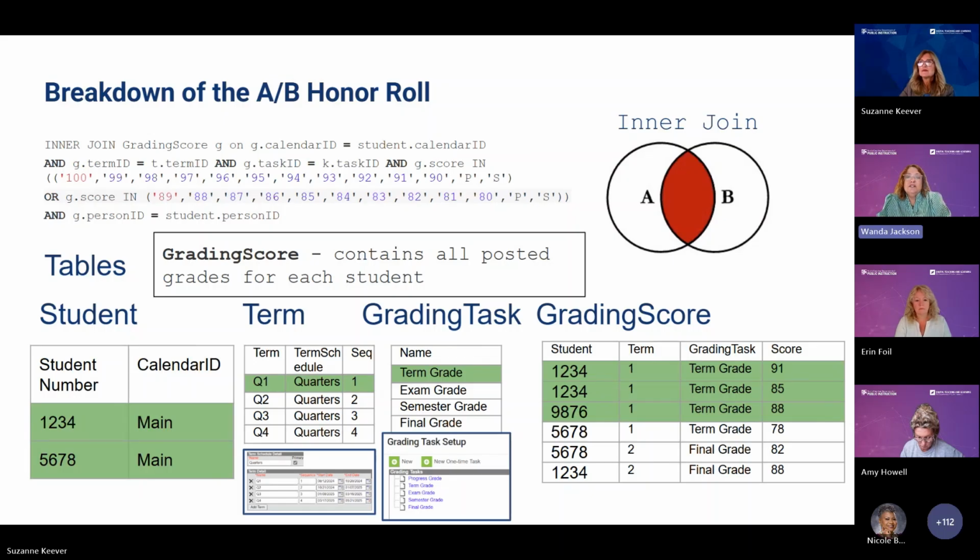is where we start seeing a little bit of difference. You can see here that we're looking at our grading score, but this time our end statement has a list of all our A qualifying scores and all of our B qualifying scores. And again, if you have a different score group where you need to add in or customize those lines, make sure that you do that so you can personalize it for your PSU. So on our next slide,